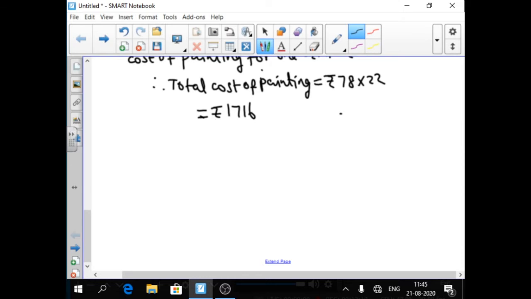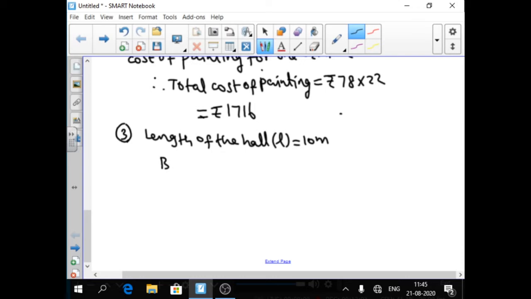Third problem, find the dimensions of a hall: length is 10 meter, breadth is 9 meter and height is 8 meter. Find the cost of whitewashing the walls and the ceiling at the rate of rupees 850 per meter square. So you know the formula. Third problem, length of the hall, the symbol L is equal to 10 meter.